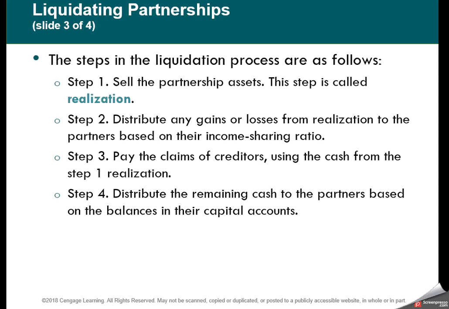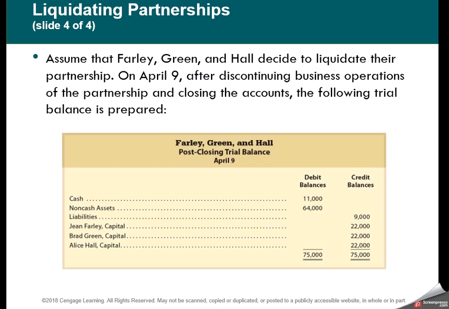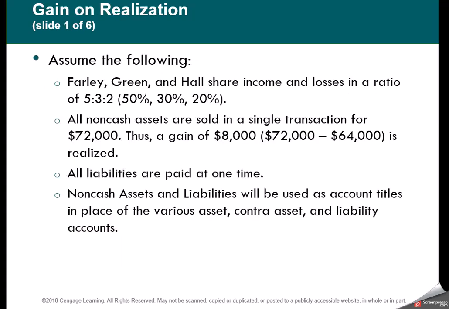First they're going to sell the partnership assets, distribute any gains or losses to the partners based on their income sharing ratio, pay the claims of the creditors, and then distribute the remaining cash to the partners based on the balances in their capital accounts. So you always have to pay the liabilities first, and then if there's money left over, it's going to get distributed to the partners. So here we have a post-closing trial balance of a partnership that is liquidating,